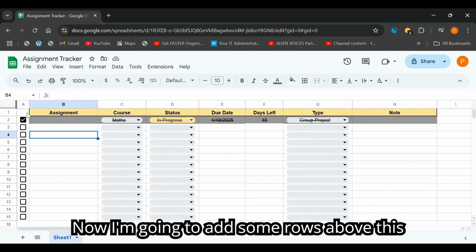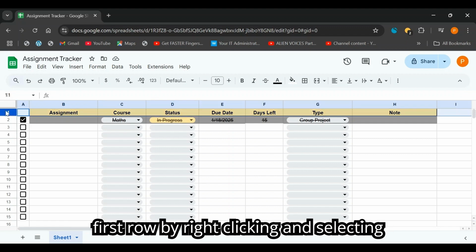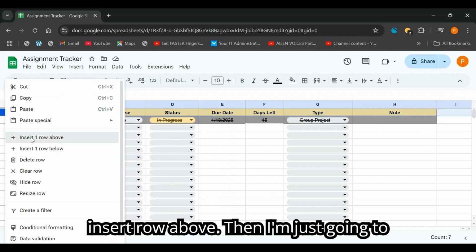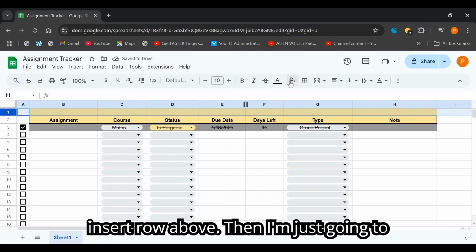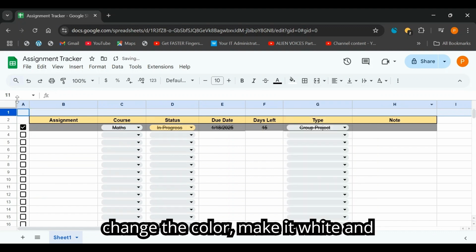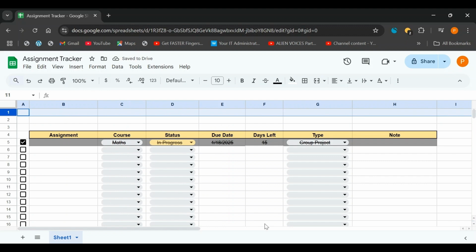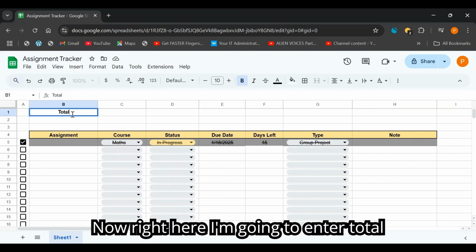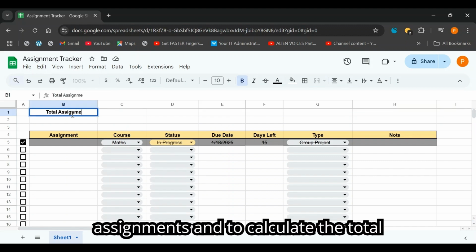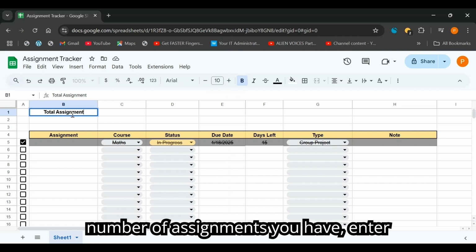Now I'm going to add some rows above this first row by right clicking and selecting insert row above. Then I'm just going to change the color, make it white and add 2 more rows. Now right here, I'm going to enter total assignments, and to calculate the total number of assignments you have, enter